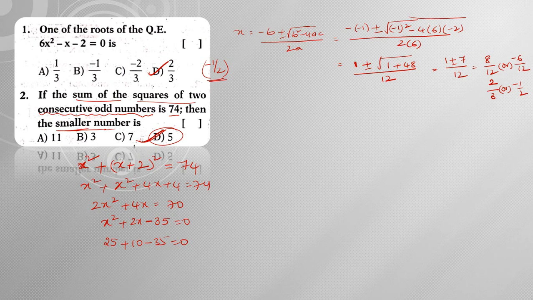Okay, we can directly verify here also. 5 square is 25 and 5 plus 2 whole square is 7 square, which is nothing but 49. So 25 plus 49 is 74. Likewise we can verify it here itself. So there are two possibilities to do this problem. Either you do it by finding the quadratic equation, or by writing this form and verifying the options.